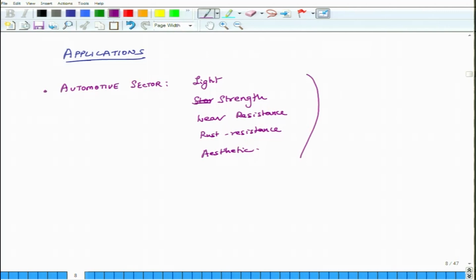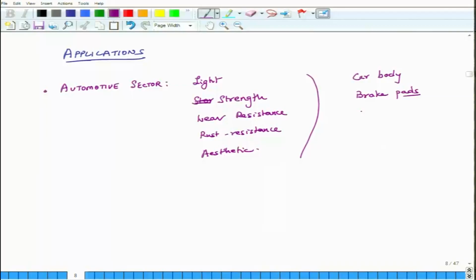Okay. And in this context, where do we use these? We use these composites for the car body. You use them in brake pads. In brake pads, they are used to provide wear resistance. If you have a car in your home and you open it, its clutch or the brake pad, either of those, you will see that some parts are made from composites. Use them in